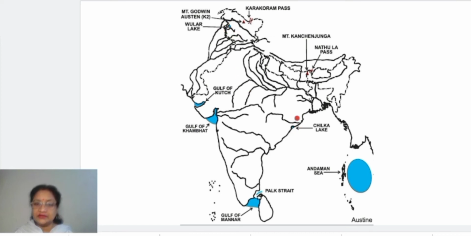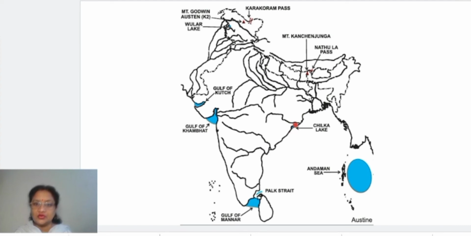Now come down to another lake, that is Chilka Lake. Okay. Chilka Lake actually is a lagoon lake. Clear? It is formed by actually the formation of lagoon. So this is actually one of the best examples of lagoon lake, especially in India. It is lying on the eastern coast, and you can see on the outline map of India, you will be able to easily find a small curved part which is marked on the coast.